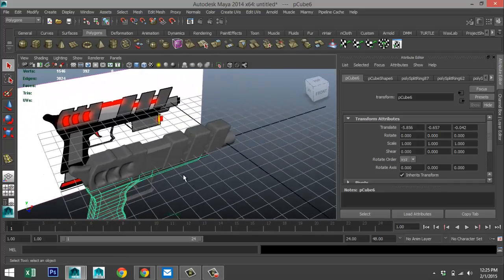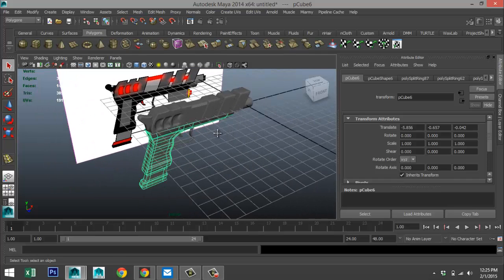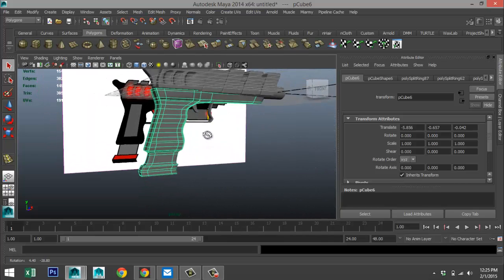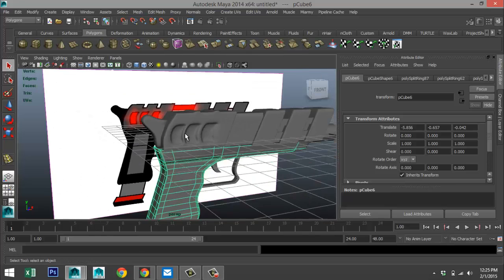Okay, so this is what we got, all right? Now let's give this guy some materials, okay? We'll start with the red sections first. Actually, we'll not.